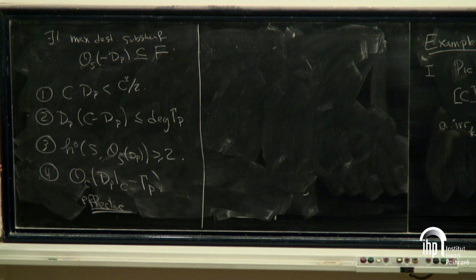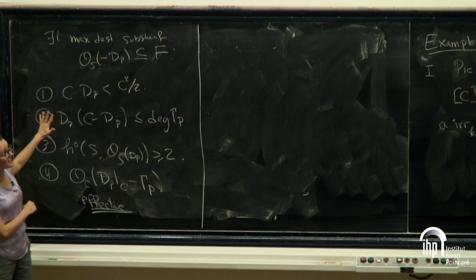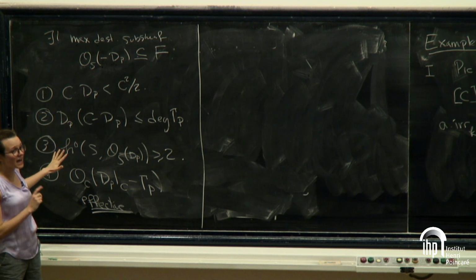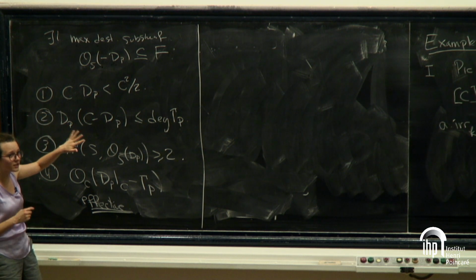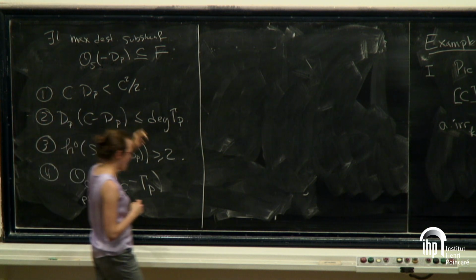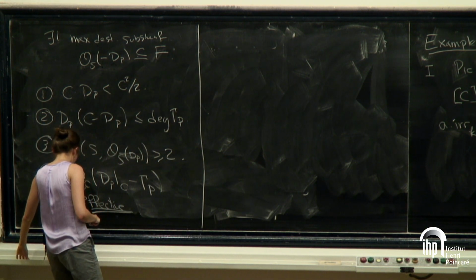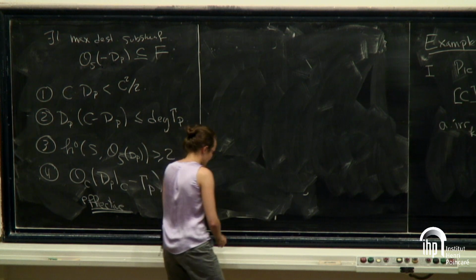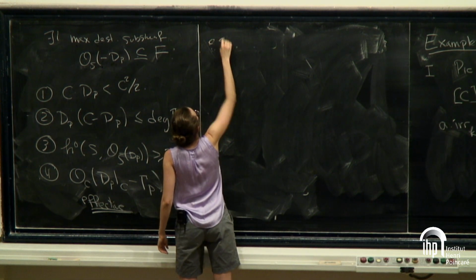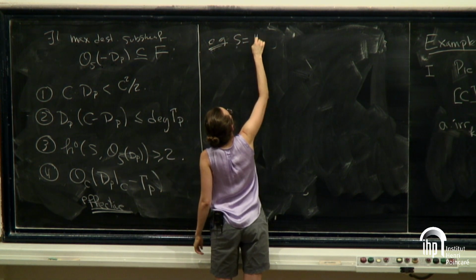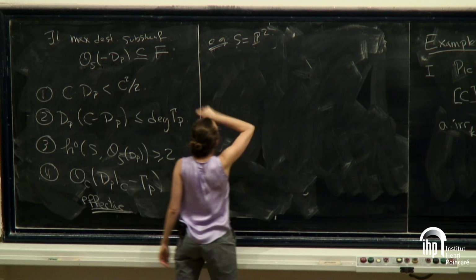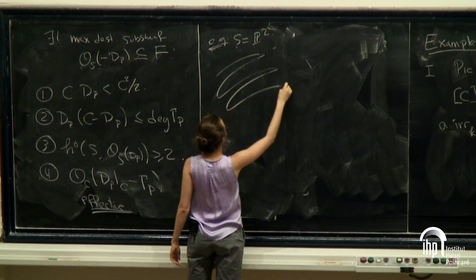So because this can be a lot the first time that you see these kinds of results, let me explain how it gives the gonality results from earlier for smooth plane curves. Let me just say what would happen in that case. As an example, if S is P2, and I have a plane curve of degree d,